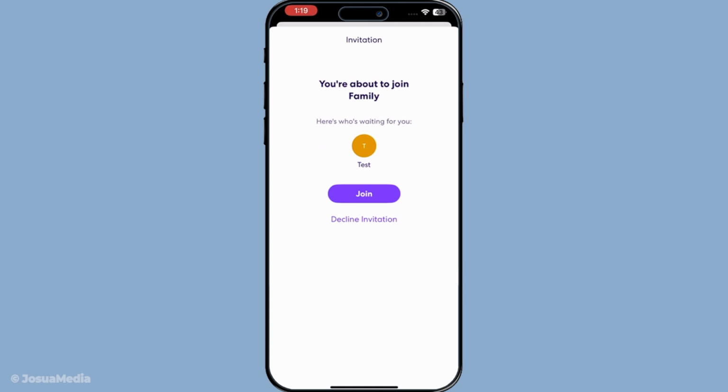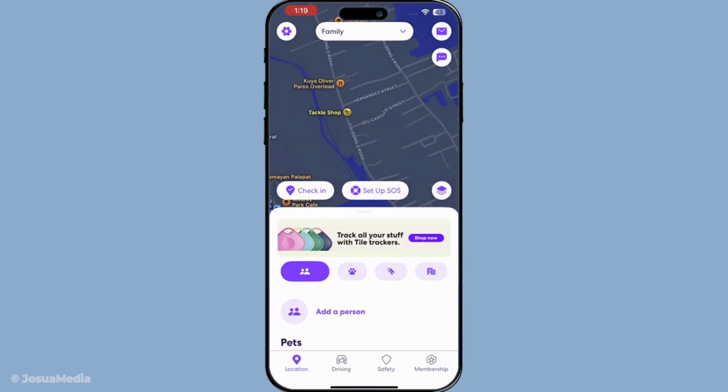Once you've entered the code, go ahead and tap on Submit. Life360 will take a moment to process the code and connect you to the circle. If the code is correct, you'll immediately be added and you should start seeing all the circle members on your map. You can zoom in or out to see everyone's location, and it'll update in real time just like your